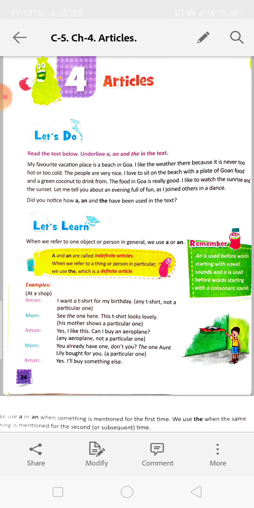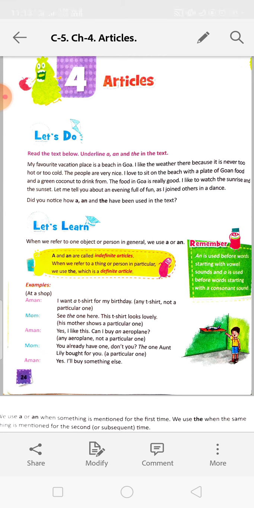Today we are doing articles. Articles we have also done in our previous classes. Articles are also called determiners. Determiners means that determines, that shows. We use a or an for showing one and the for the definite one. So a or an is the indefinite article and the is the definite article. A is used before the consonant sounds and an is used before the vowel sounds.